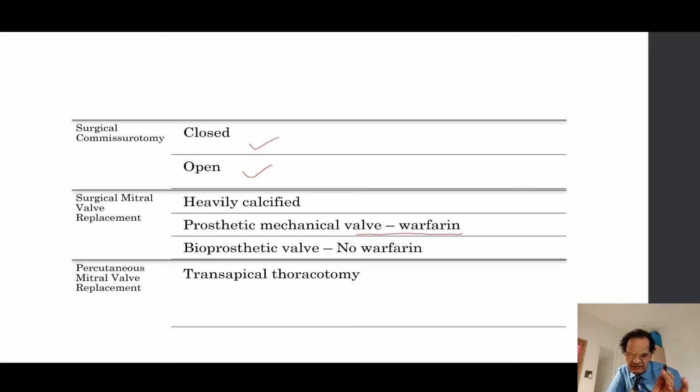Lifelong anticoagulation is important, and difficult in pregnancy, so a bad choice. Bioprosthetic valve, no warfarin but degenerates over time, and in youngsters it is very difficult. So it is a very difficult, I should say, choice between the mechanical prosthesis and the bioprosthetic valves. So this is all about